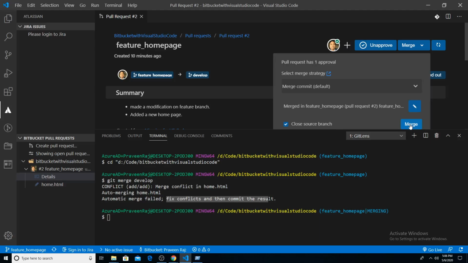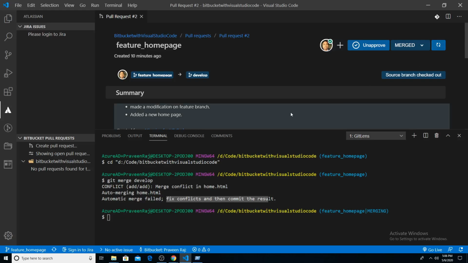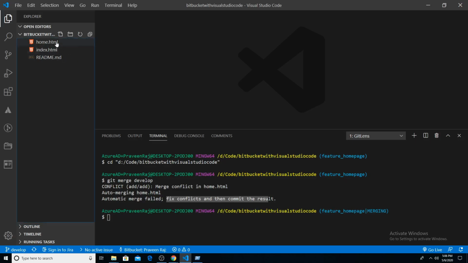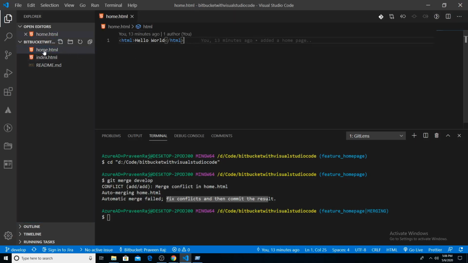So I'm going to close this branch. If you think that you don't need that feature branch anymore, you just want to close that feature branch because you're done with your work, to be much cleaner. So I'm just closing the feature branch, merging the code into the dev, and it says that the code is merged. I'm going to refresh this, go to my code. I'm going to go back to my development branch and make sure that all my changes are there. I don't see that yet because I didn't yet